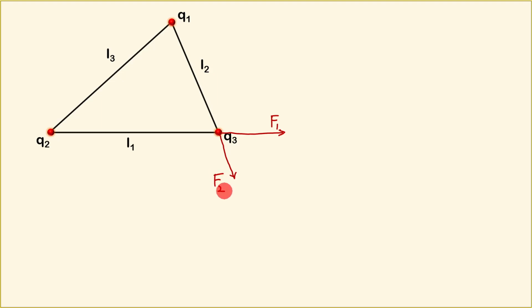Let me call the angle between these two forces gamma, so this angle will also be gamma. Again, I'm taking sign conventions such that opposite to the length L1, I will consider alpha. Opposite to the length L2, the angle inside the triangle I call beta, and opposite to L3, the angle would be gamma. And we will see that we will not need much of the calculation. Why?